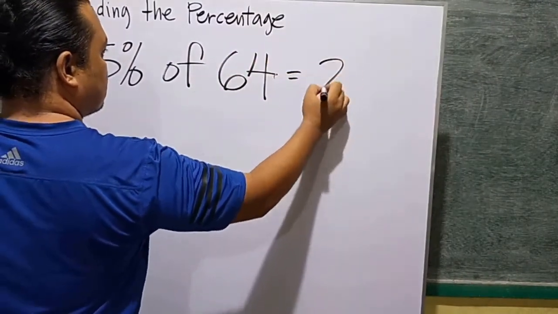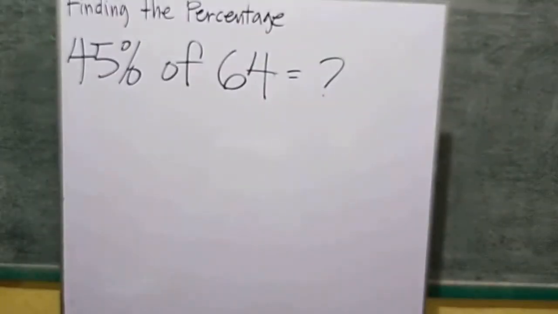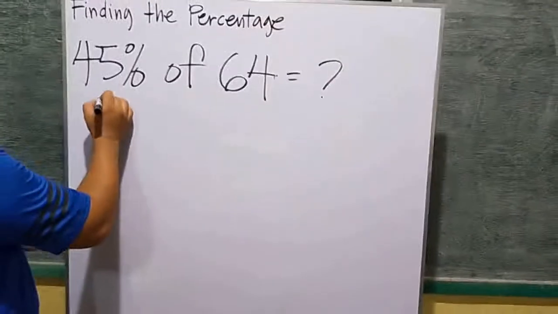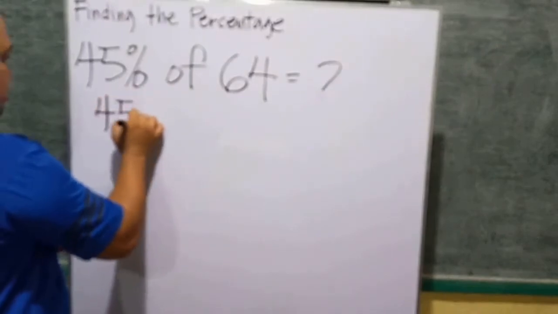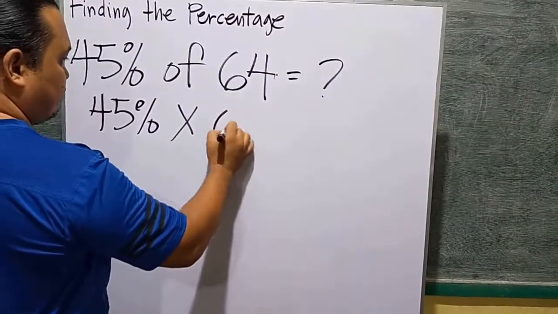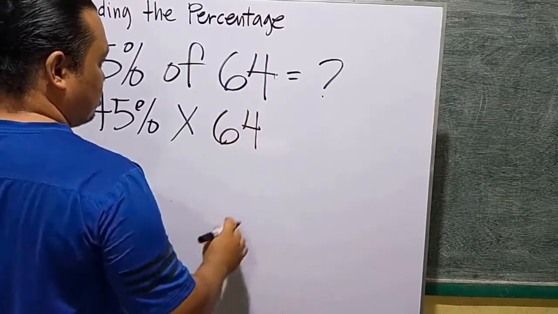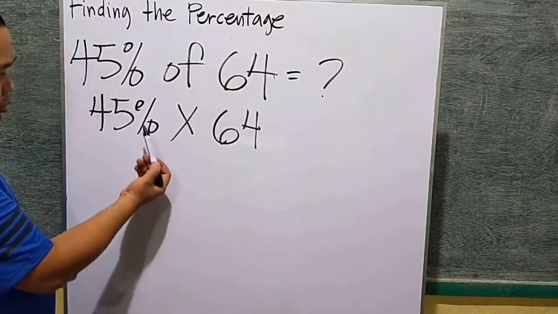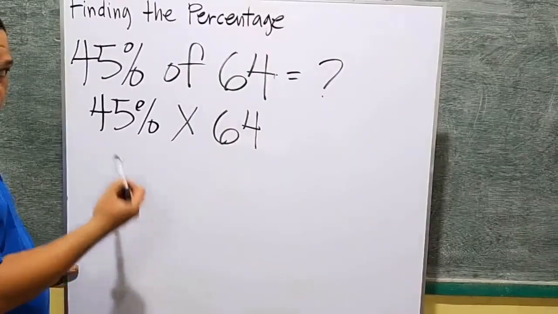Okay, so the same process, because we are looking for the percentage, all we need to do is multiply the rate to the base. So we have 45% here for our rate times 64 here for our base to get our percentage. Okay? So before that, we must change first the percent into a decimal number so that we can